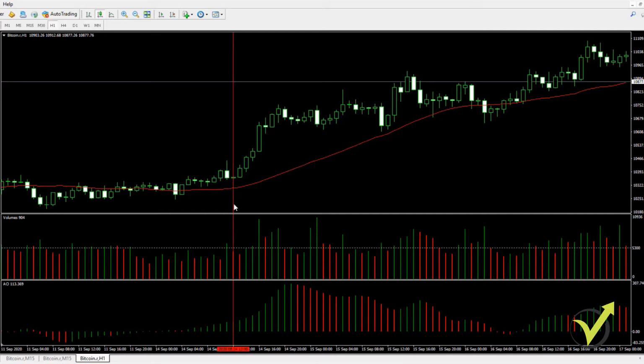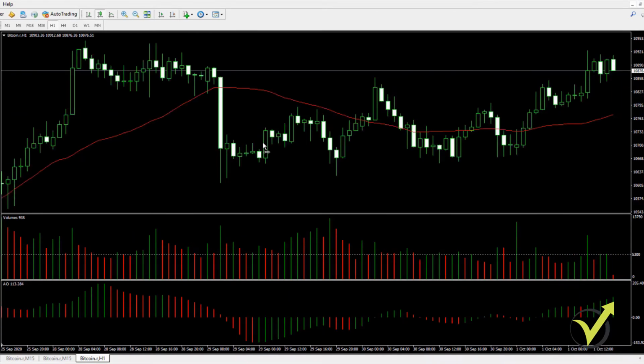Okay, so here, when this bar is closed and the new one opens, we see that we have a cross. And on the opening of the next one, we take the trade. What you need to keep in mind here is that when a new bar comes, the volumes start from the ground. If I go to the current moment, you see that the bar opened about 8 minutes ago and it starts to increase the volumes.